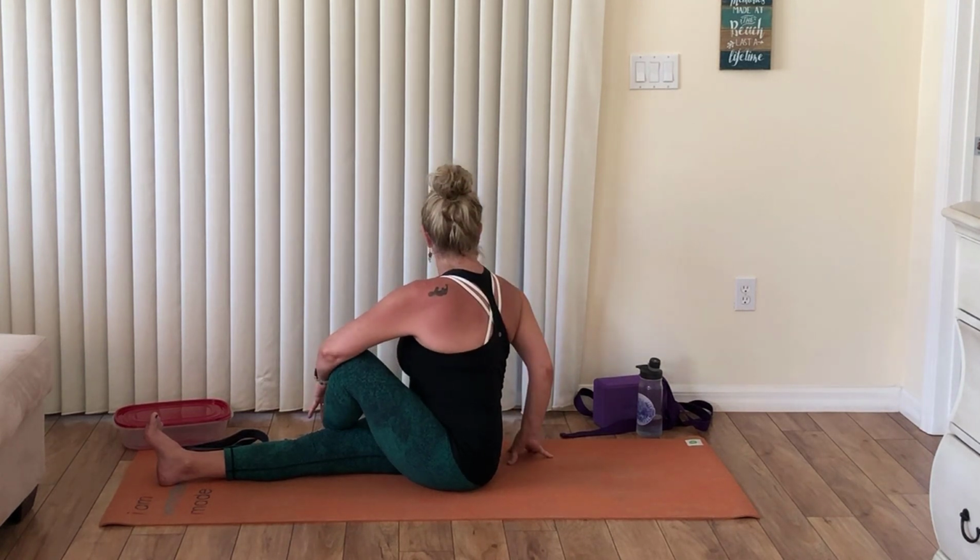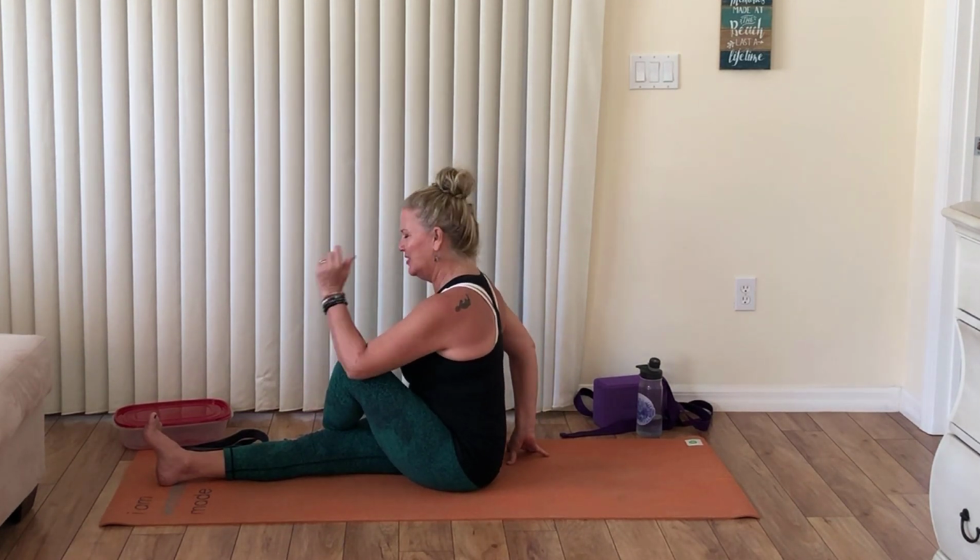Take a few more breaths here, 2 more. Breathe in, lengthen. Breathe out, twist. Once more, inhale, extend, and exhale, twist. On your inhale, come back to center, and as you breathe out, take a counter twist the other way. Good. Now place both feet on the mat, and maybe you need to scoot forward if you don't have much mat,